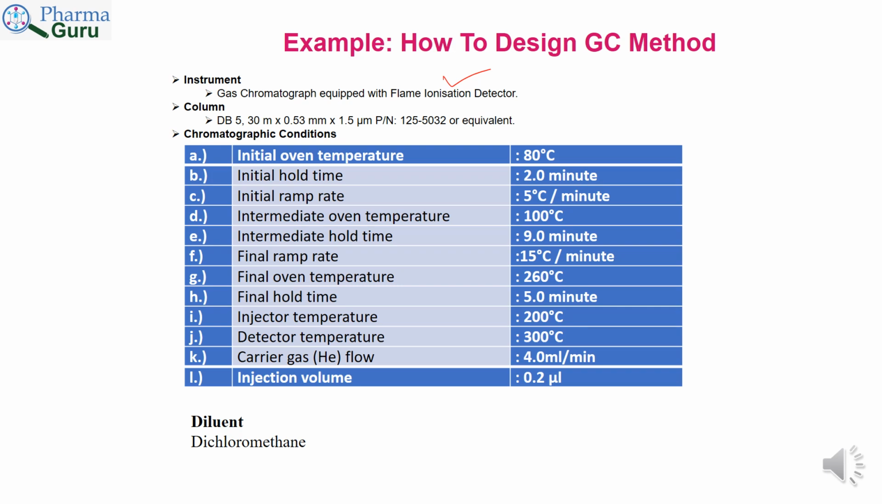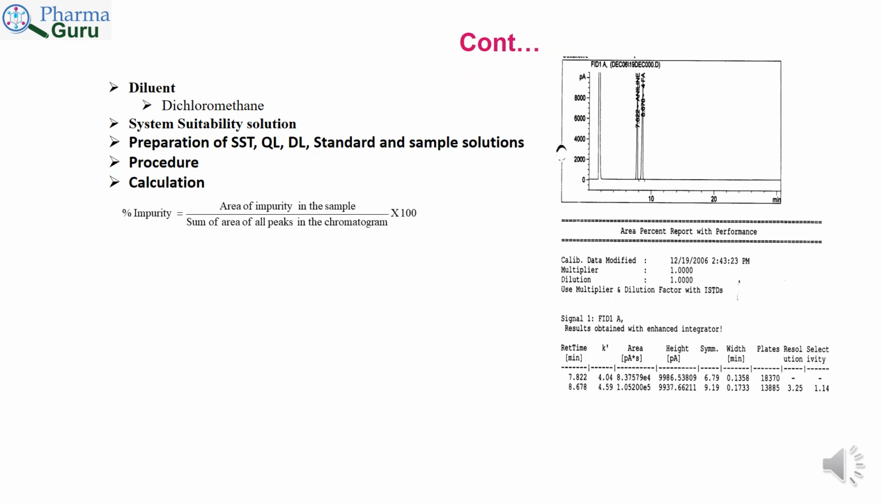Column like DB5, 30 meter, 0.53 mm, 1.5 micron, part number so and so or equivalent. Chromatographic conditions like initial oven temperature, initial holding time, initial ramp rate, intermediate oven temperature, intermediate hold time, final ramp time, final oven temperature, final hold time, injector temperature, detector temperature, carrier gas flow rate, injection volume, diluent,